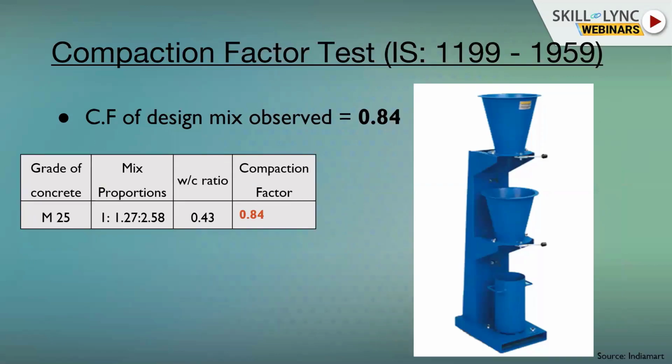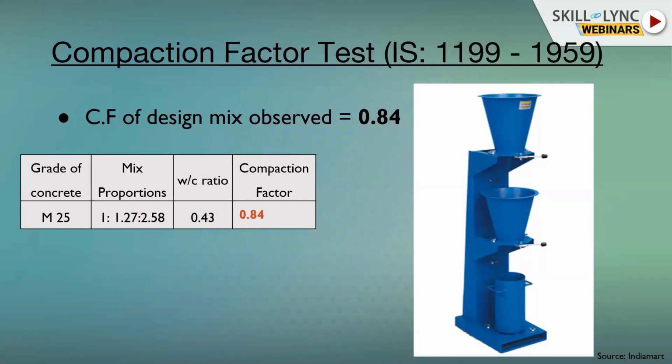So the next is the compaction factor test. It is again like the slump test. It is being performed to determine the workability or the consistency of the concrete mix of the given proportion, whether it is M25, whether M30, any kind of grade of concrete. So the apparatus being used here is this